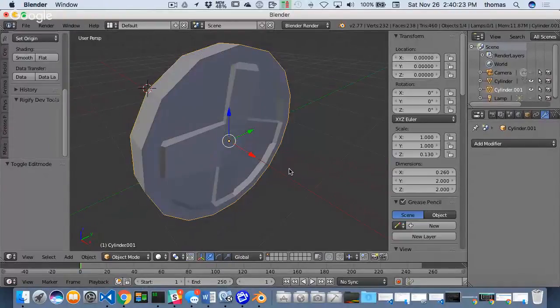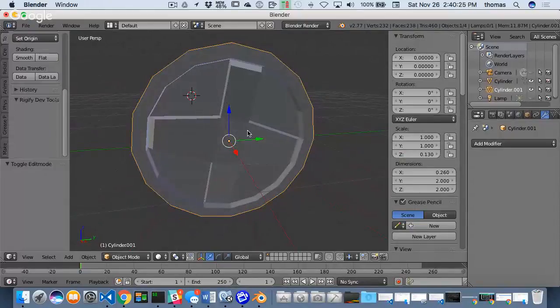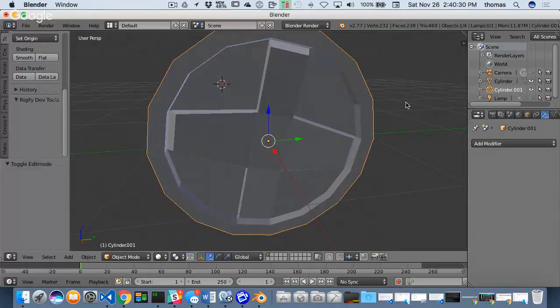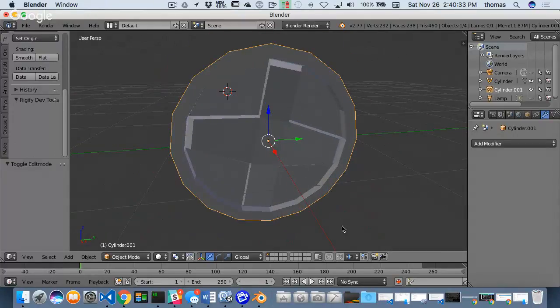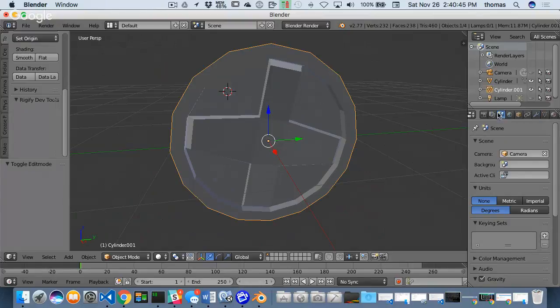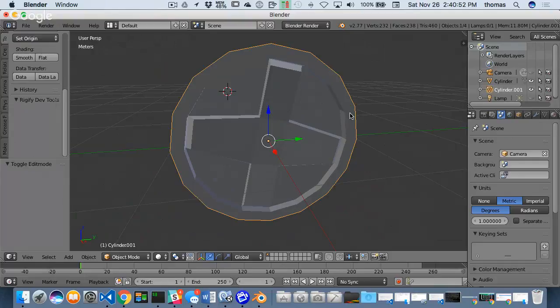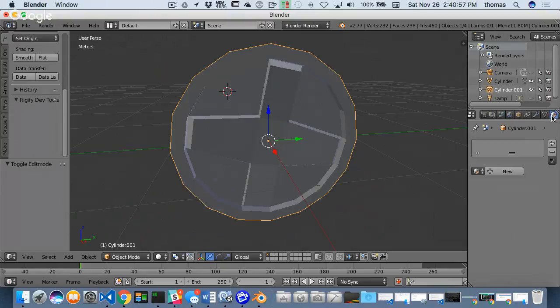Okay, so here's my little coin that I made. Great. I want to add in some color. I'm clicking the N button there to take away that numeric bar, and I'm going to scroll to where I can see the material. Also, one thing to note is I should probably change my scene settings so that it's metric. I definitely want to go to metric because I'm going to import this into Unity. It's much easier from a scaling perspective to just choose metric. And then I'm going to go back into my